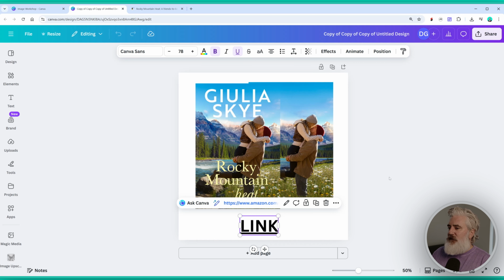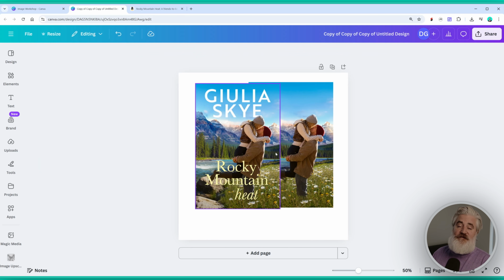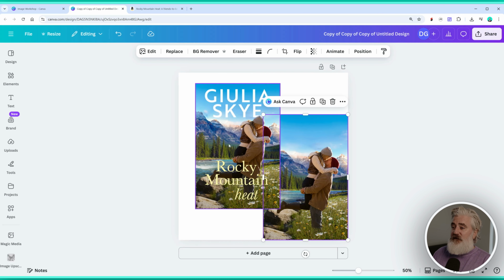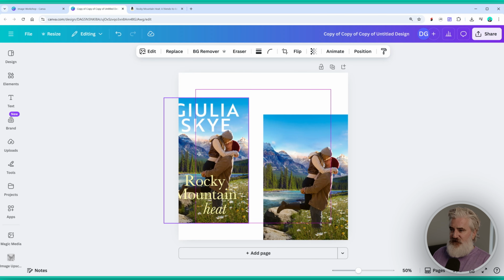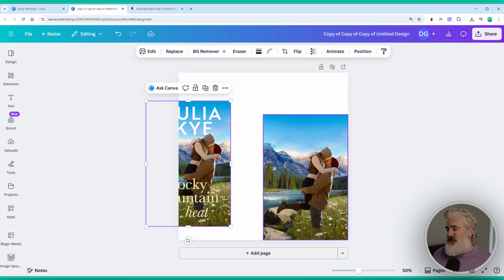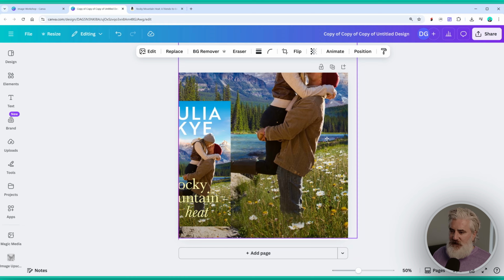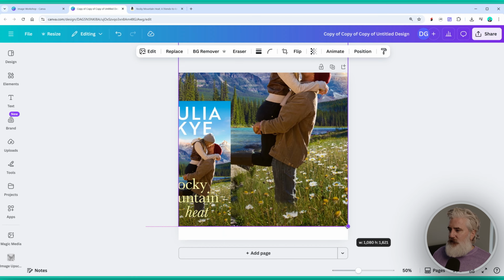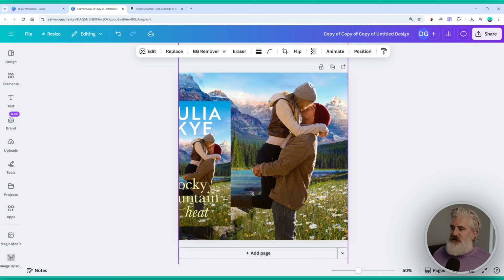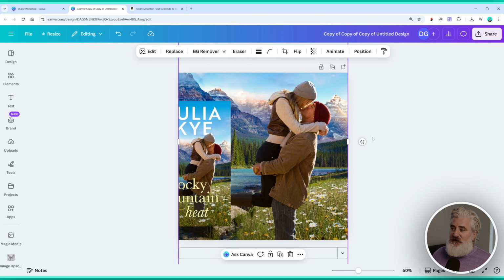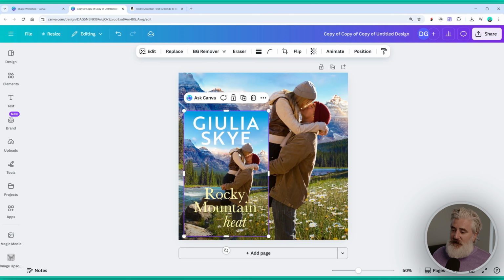Now, this is a really common design challenge for romance authors in particular, but quite a few other genres too. Because romance novels, as I'm sure you are aware, often have a couple in some kind of clinch. It's a pretty strong signifier that a book is a romance novel or has a strong romantic element. And the problem with that, in terms of my go-to method, as you're probably going to guess already, and I'm sure lots of romance authors struggle with this themselves, is where do you put the book title without covering up the couple? And the couple is the last thing you want to cover up because that's the big signifier of